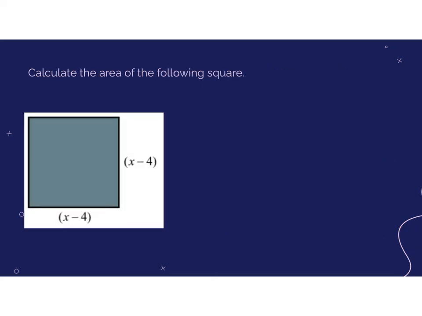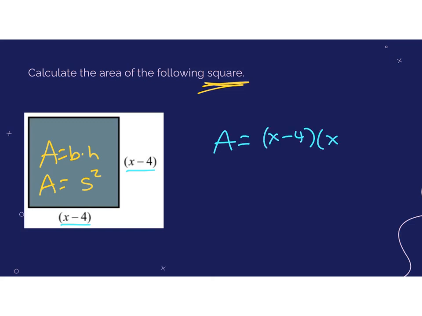One more question, calculate the area of the following square. So something kind of similar. I'm looking at area equaling base times height. And since we know this is a square, you could also say area is equal to side squared. Your side length here is x minus 4 and x minus 4. So you've got area equals x minus 4 times itself, x minus 4. So then I do distribution. I'll set up a box for this one. So if I set up a box,